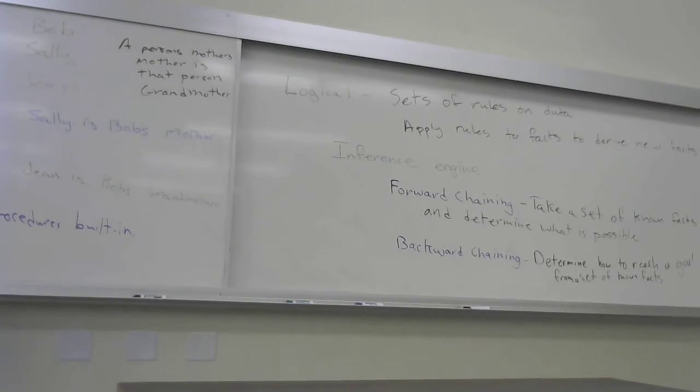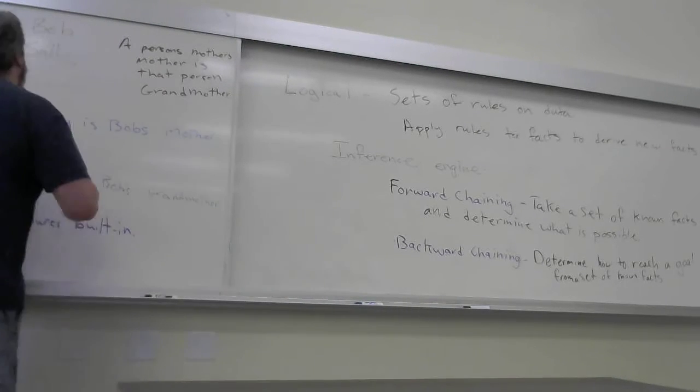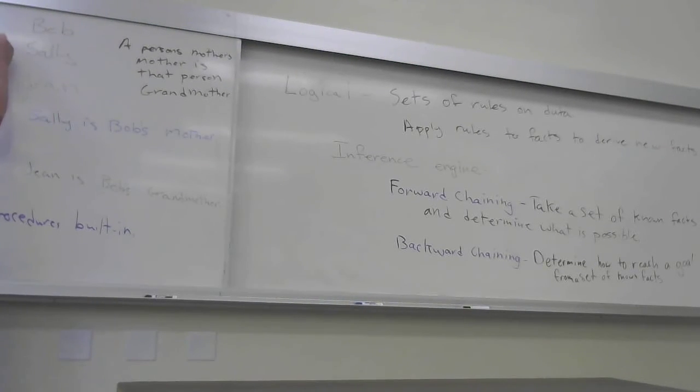So Jean could be Sally's mother-in-law, or we could have a different one. What if we introduced Ken? So now we have another person in the mix, and we say, hey, there is Ken. We can also have Ken is Bob's father, and Jean is Ken's mother, right? And so if we had Ken as Bob's father and Jean as Ken's mother, that would also make Jean Bob's grandmother,